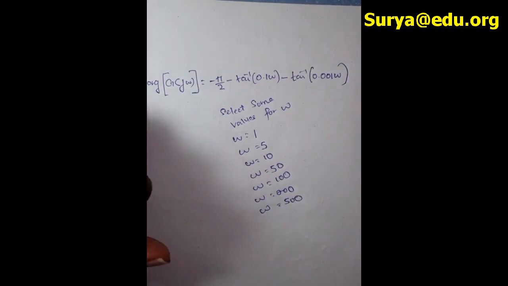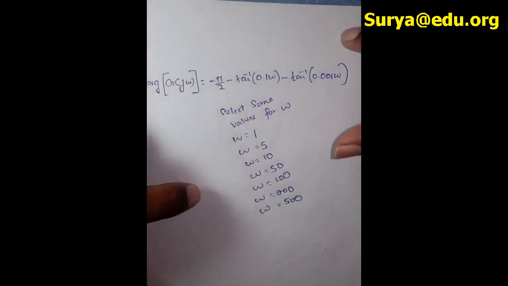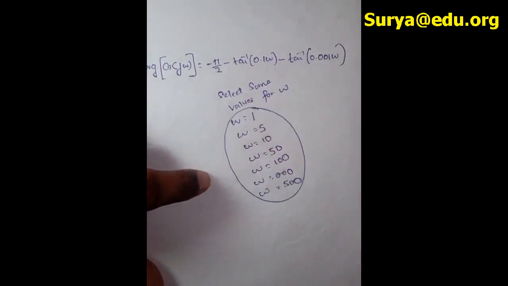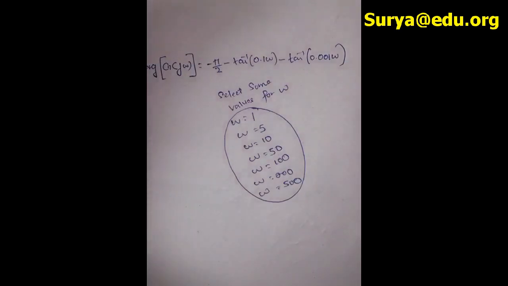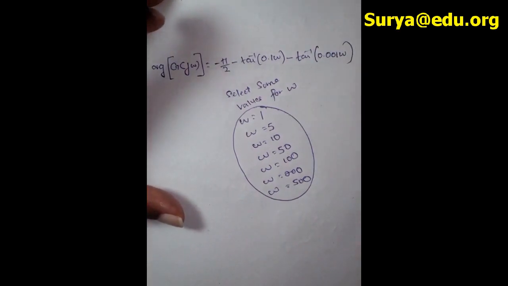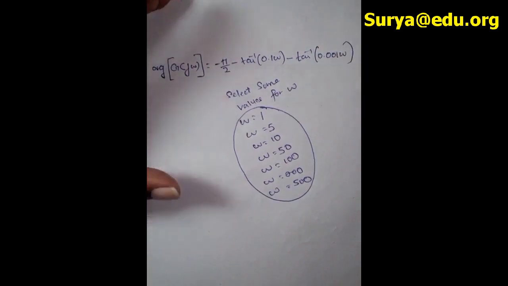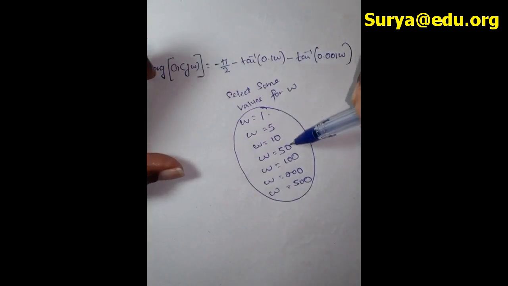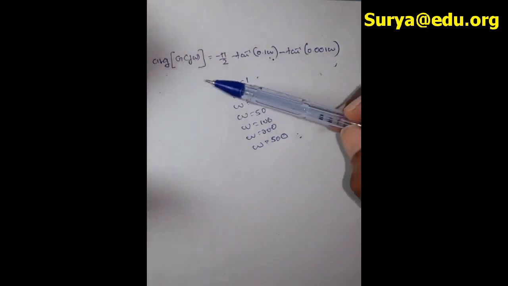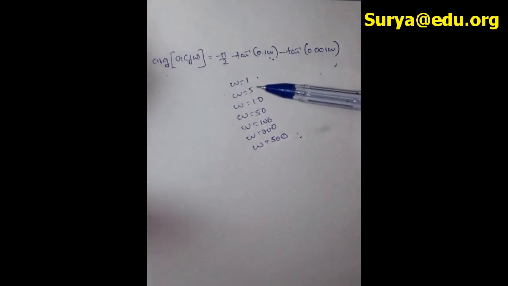So now I will do one sample, then you can get to know about that. Guys, why are we selecting these values? Because we need to plot the phase plot, and for that we need some certain angles. So just select some frequencies. That's part number 1, selecting some frequencies like 1, 5, 10, 50, 100, 200 and 500. We already know the general expression for that argument, so you can put values ranging from omega equals 1, 5, 10, 50, 100 and so on.